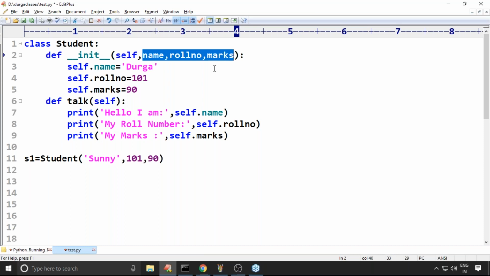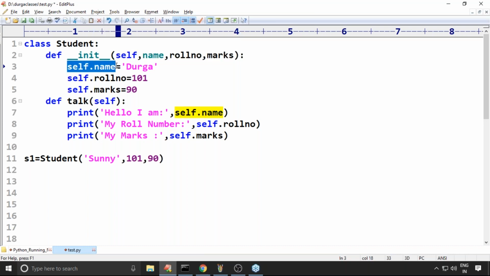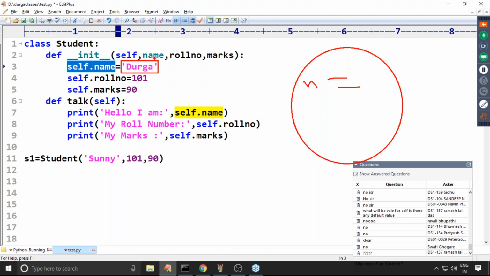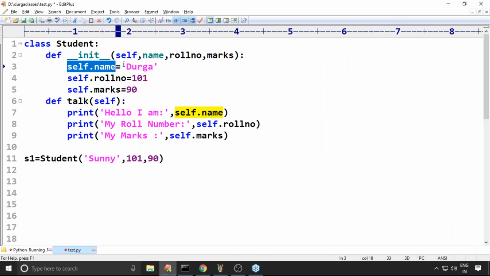Remember that. Now my question is: self.name for our object. For our object, a name variable will be created. Whatever value you are providing, assign it. Now let me take name. Self.roll_number, let me take roll number. Self.marks, let me take marks. Now observe carefully about this one. What will happen now?